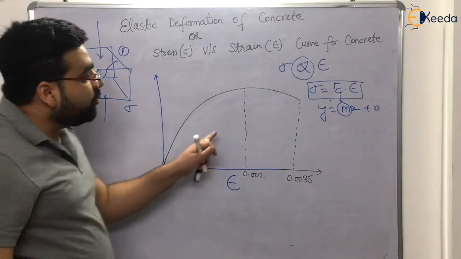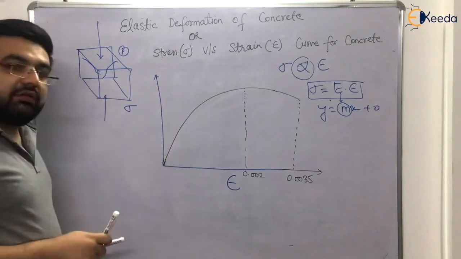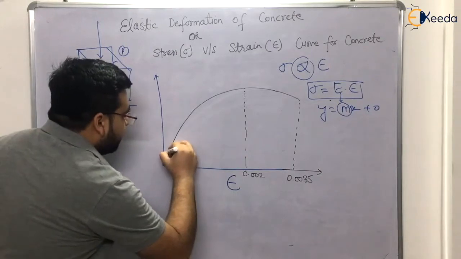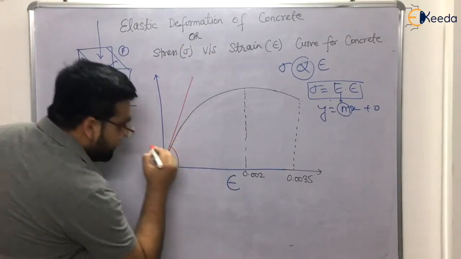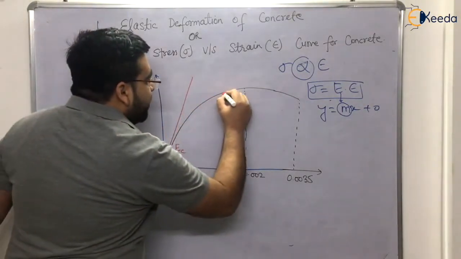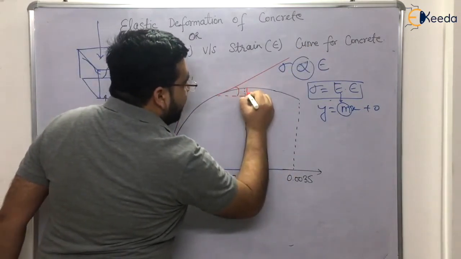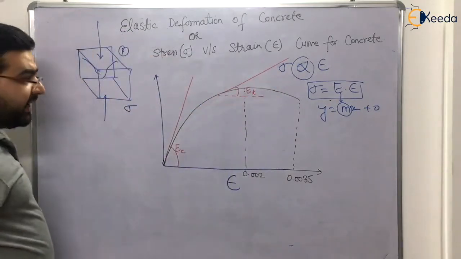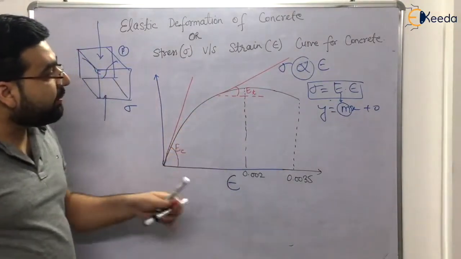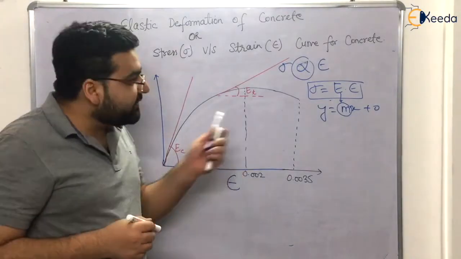Similarly here also, and you know that this is the realistic curve, the actual curve you get in the laboratory. At every point of this curve, E has a different value. Here, this is E. This is the slope. Slope is tan theta. Let's say this is EC. At this point you have a different E. You draw the slope, you get a different E. Let us say it is ET. So at every point you get a different value, and it is very difficult to get an idea about the modulus of elasticity from this curve.